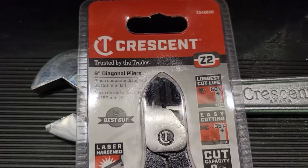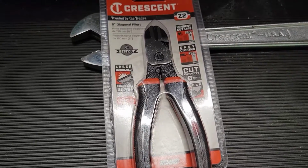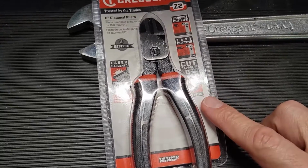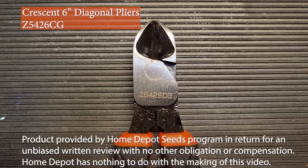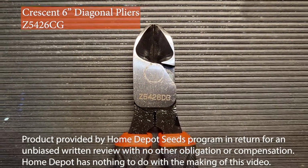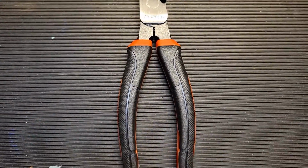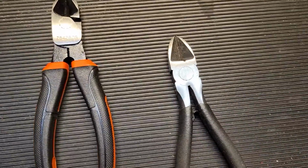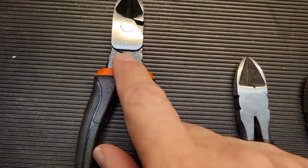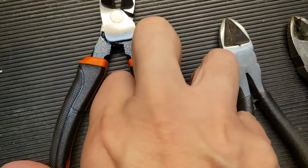So for us old farts, it may be surprising to find out that Crescent also makes a bunch of other tools, including a diagonal cutter. Let's take a look. Thanks to the Home Depot Seeds program, we're looking at the Crescent Z5426CG 6-inch diagonal cutter. And the first thing I notice about this diagonal cutter versus some different models that I've collected through the years is that it has a grip on the inside, so you can actually use it to